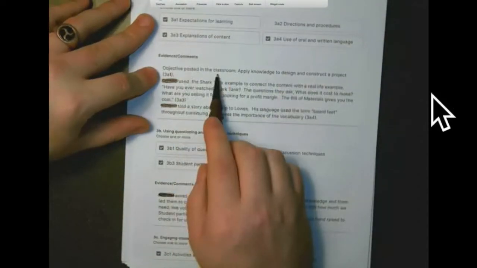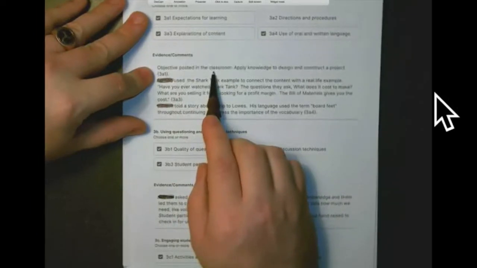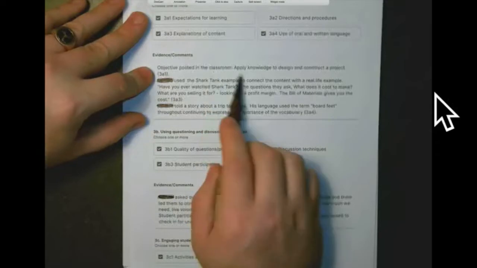We use I can statements in my district. Frankly, I'm not a huge fan of that sort of thing where you have to post them, but it is a school policy, so I do it. So my I can statement, which would also be known as a students will be able to sort of deal,